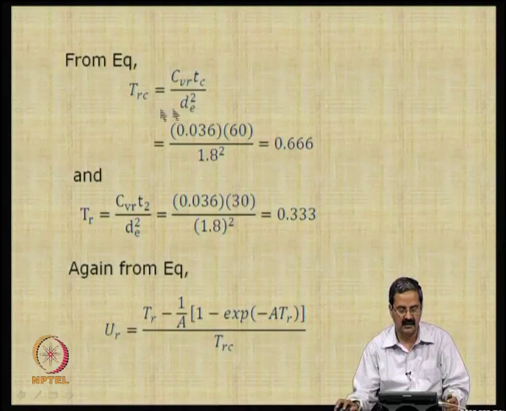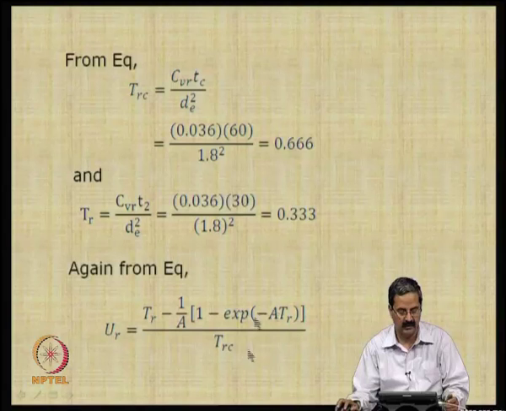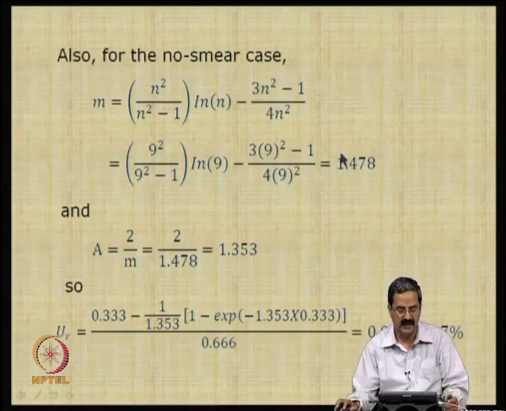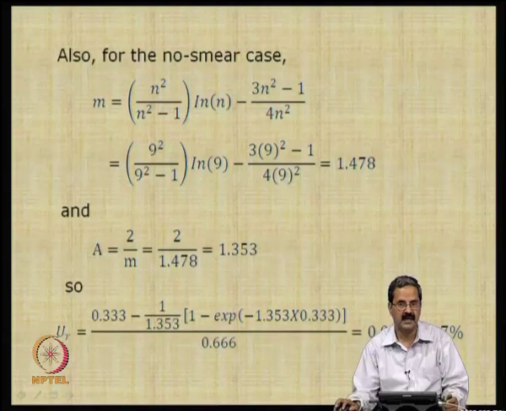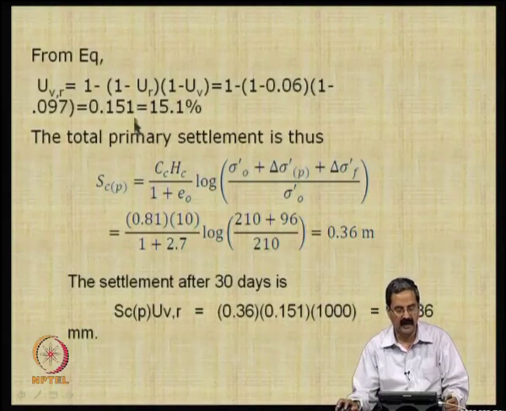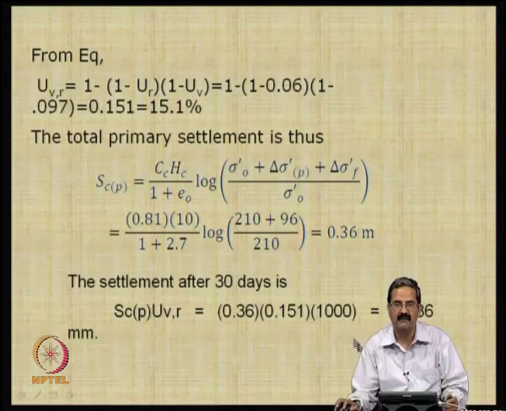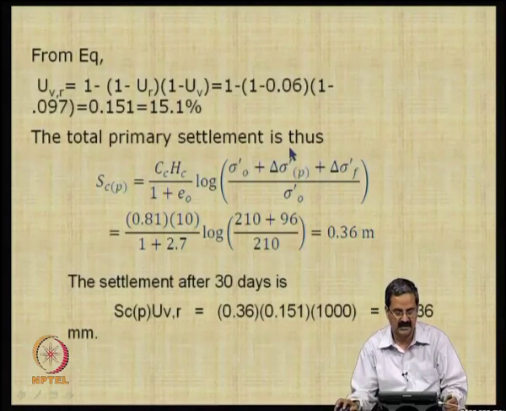This is another expression that we have for 60 days, and from this degree of consolidation one can use the equation as well. So, you will get all these terms, and then for the no smear case you will again have these expressions, area is given, and for the next month it will be 9.7% instead of 6%. Like that one can increase, and then again use this equation, and finally it becomes 15.1, and the settlement after this time